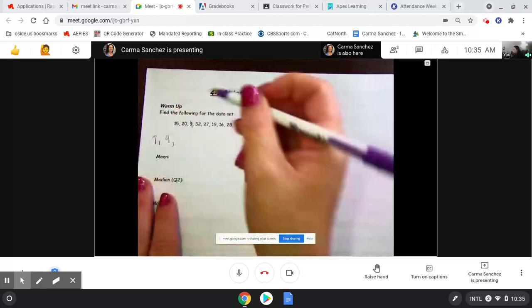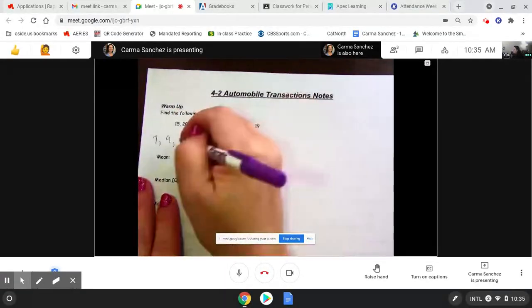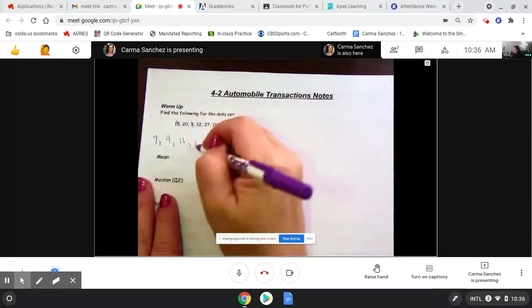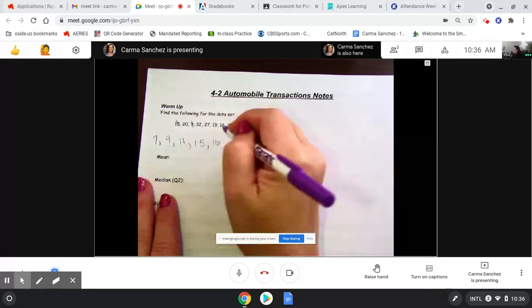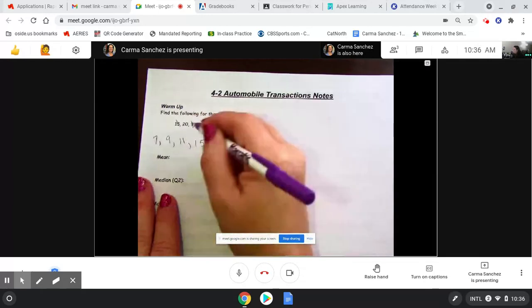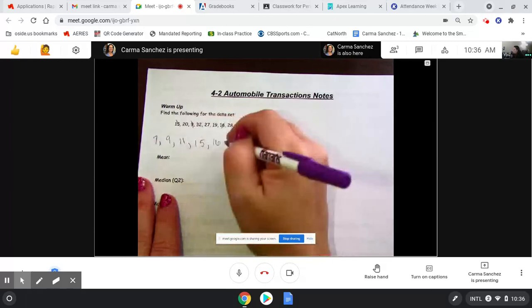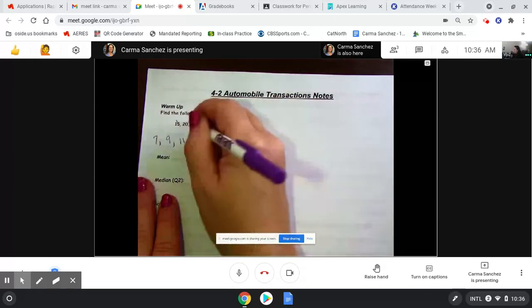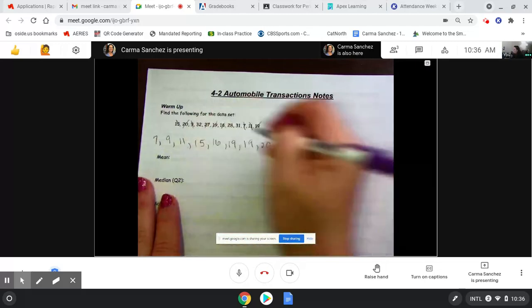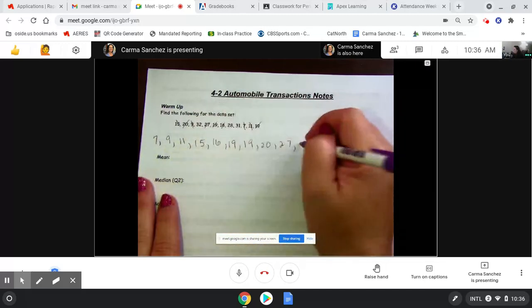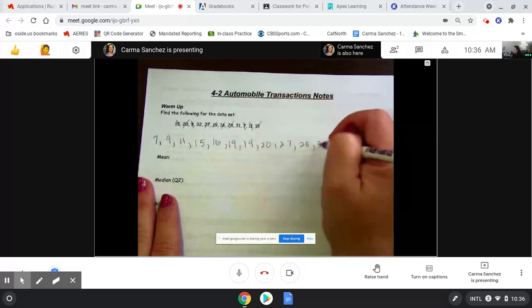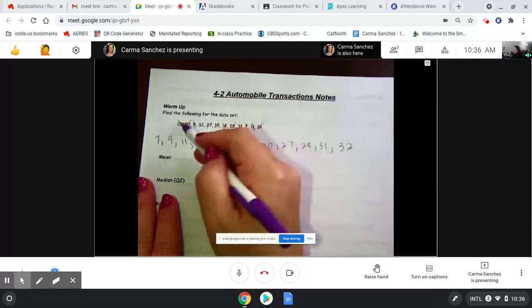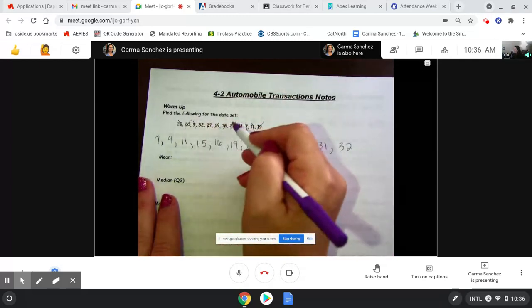Next comes this 11. 15 looks like it's next. 16, 19, 20, 27, 28, 31, and 32. So now I'm going to count 1, 2, 3, 4, 5, 6, 7, 8, 9, 10, 11,